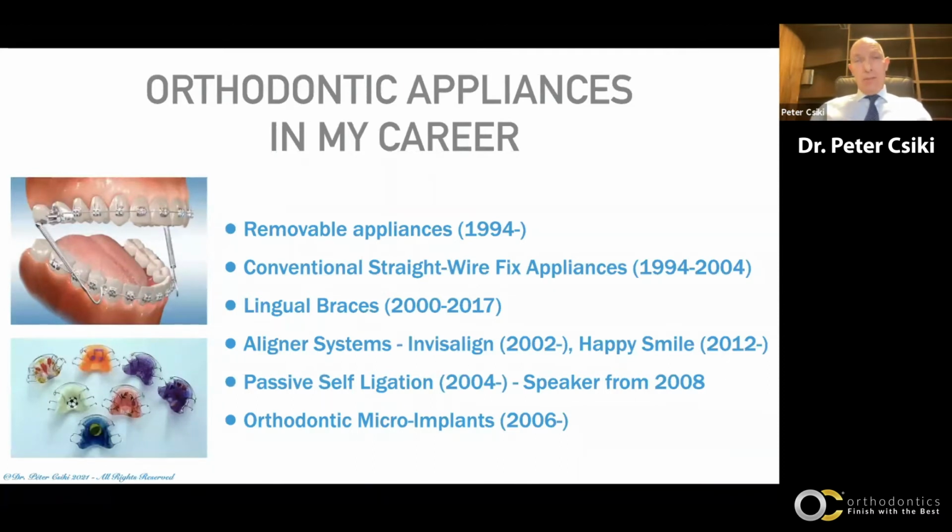I started the usual way, which means that I wanted to put screws everywhere I could, even on the legs of the patients, and then I realized that we don't need that many screws. So today I really use them only if I have to, but they are a great addition to our work, our profession, and those who watched my dear friend Dr. Wasim Buzid's webinar 2 weeks ago, I think you could see wonderful cases with that